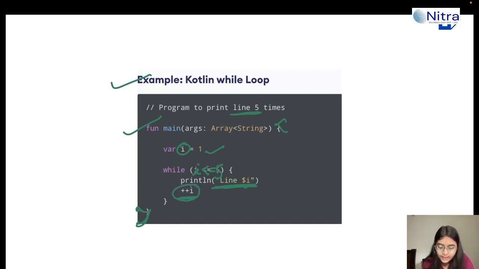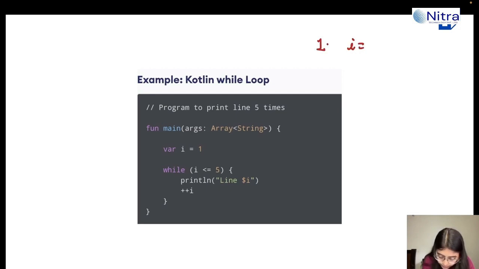So let's quickly do a dry run of this, and that will make the concept very easy for you to understand. Okay, so in the first iteration, what will happen? I is equal to 1, right? So in the first iteration it is 1. Here it will check while I is less than or equal to 5, is 1 less than 5? Obviously. So I'll come inside this loop, I'll print line,